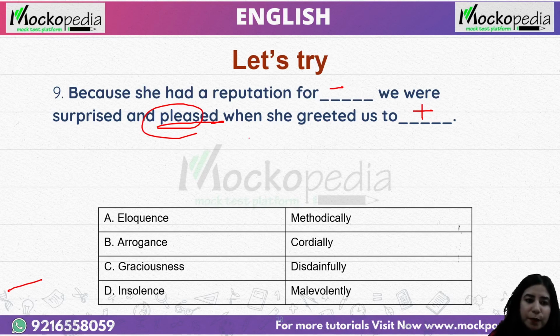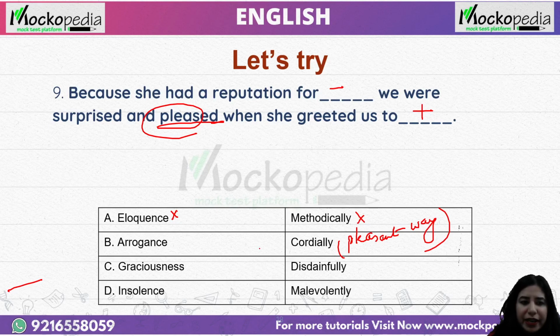Eloquence, like I just explained the word in the previous questions, is when you speak well. So this doesn't match, right? And then we can go with the words together. We can check negative and positive. Methodically, how can you greet somebody with a method, right? So this goes out. She has a reputation for arrogance. The negative word fits in, and we were happy and pleased when she greeted us cordially. Cordially means in a pleasant fashion, so in a pleasant way,